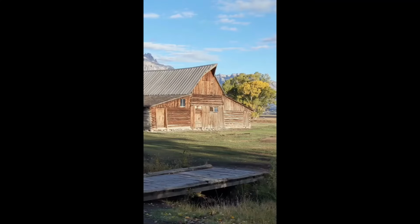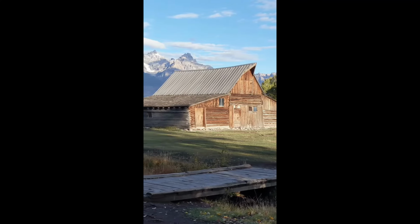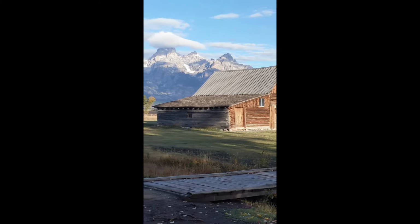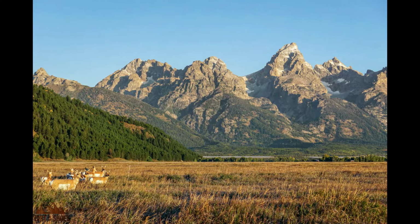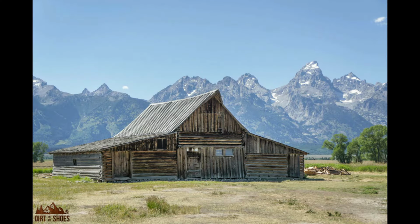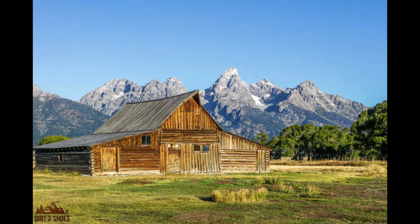So Antelope Flats Road is the road that leads out to Mormon Row, which, if you've seen those pictures of Grand Teton with the beautiful barn in front, that's this area. What I love about Antelope Flats Road is that you'll often see some good wildlife out here. I've had really good luck seeing bison, and pronghorn typically are what you'll see out here. And then, of course, you've got the beautiful Moulton barn, which is just gorgeously framed by those Tetons in the background. And it's a beautiful stop if you're hoping for some great pictures of the Tetons and to get that